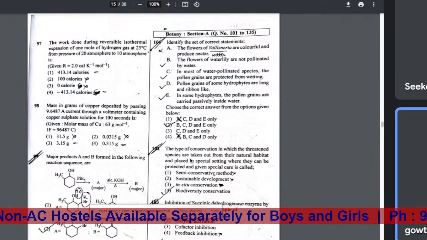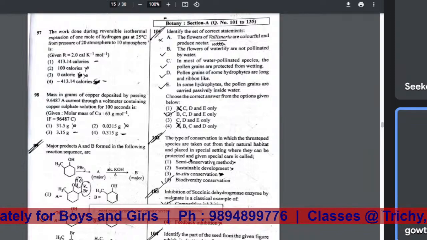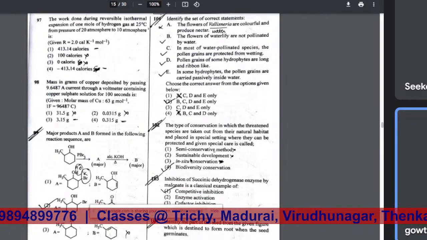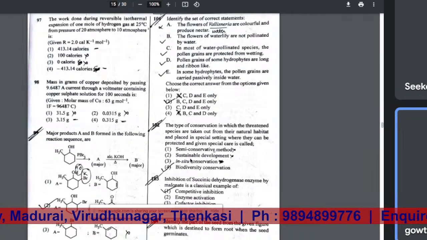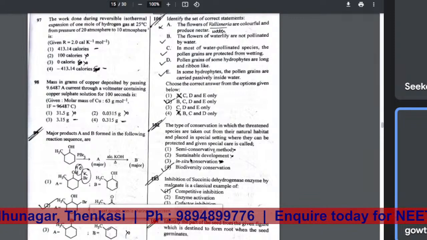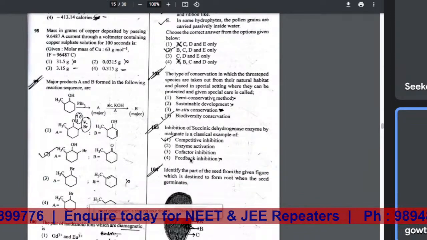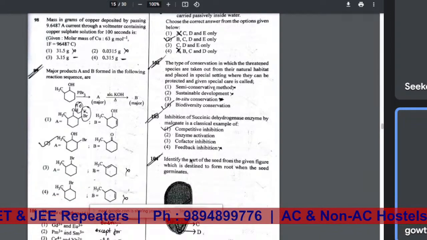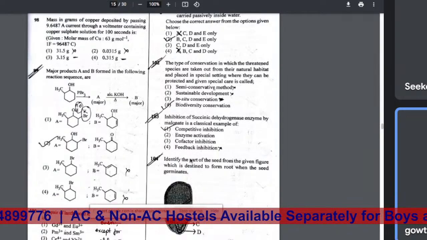Question number 99. The major products A and B formed in the following reaction sequence are. So in this reaction, PBr3 gives A, an alkyl halide, and A reacts with alcoholic KOH to give B. Now, what will be here? The correct answer for 99 is the third option. Why? Because first the alcohol will get converted to alkyl halide. So Br will get attached there in the presence of